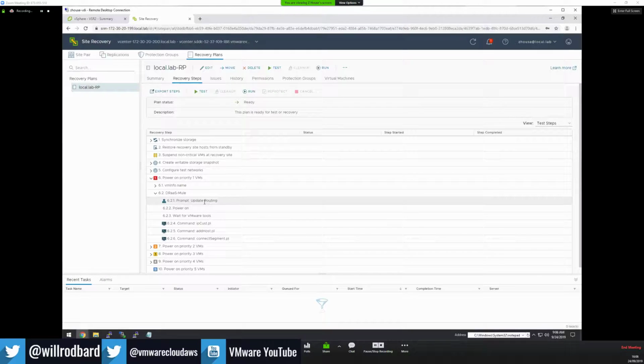And we've got a prompt in here, right? So saying, hey, we need to do something. We'll see that when we either do a test or a recovery. And I've got 3 scripts currently that kick off, and then there's some logic built into those so that we can detect: are we doing a test failover? Are we doing a recovery? And what direction are we going? So this VM here, if we look at